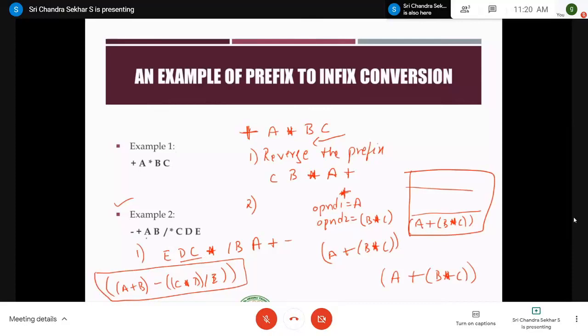So this is how we convert the given prefix expression to infix expression. Two important points you have to remember: the prefix expressions do not have any specific algorithms. You have to make use of the already existing postfix algorithms with some changes. And second, whenever you come across a prefix expression, the first thing you have to do is convert it into the postfix expression. How? You simply reverse the given prefix expression, then you get the postfix expression, and then you apply the postfix expression algorithm.